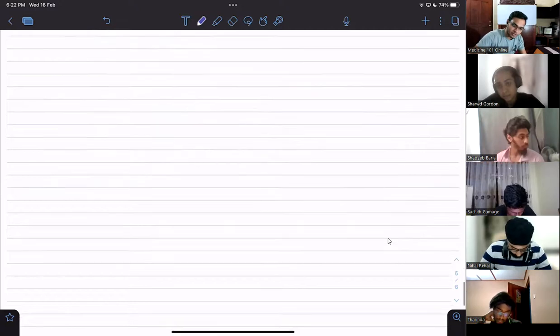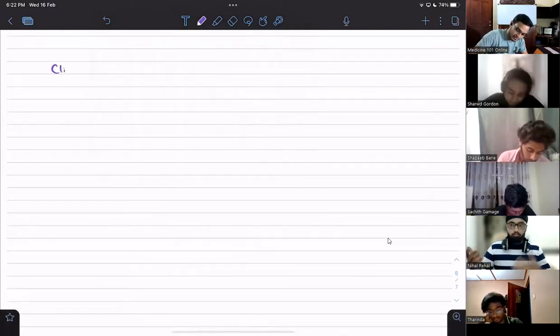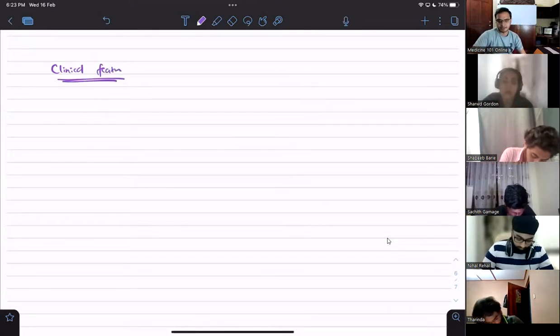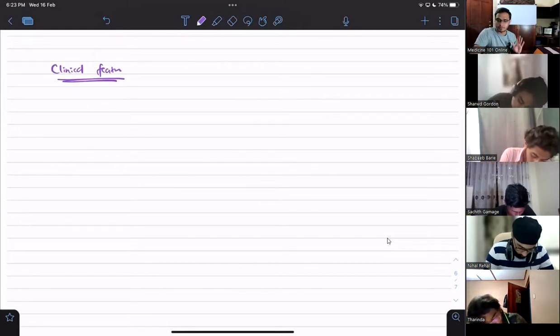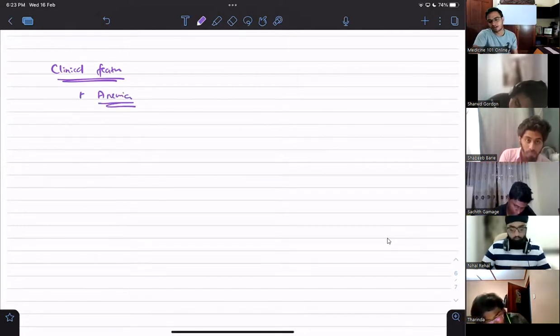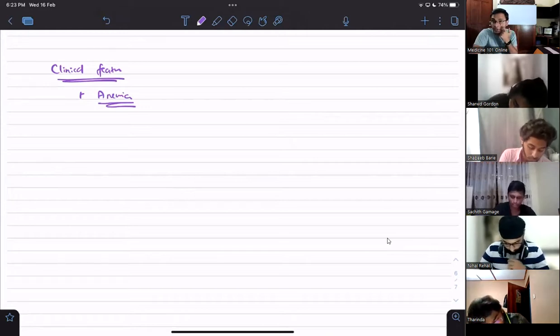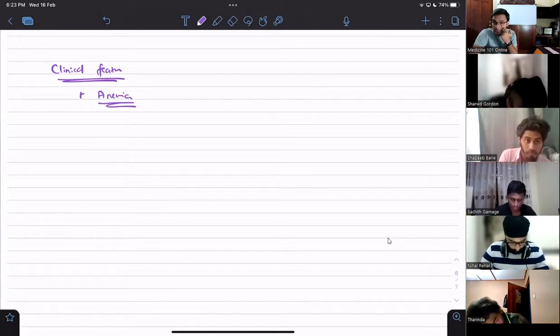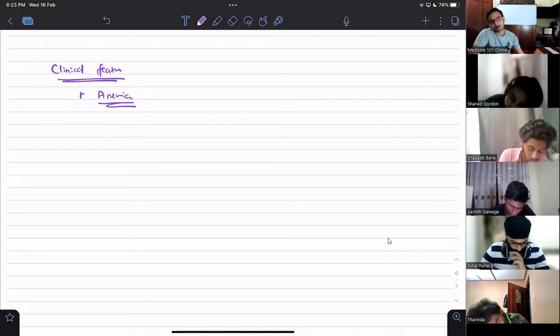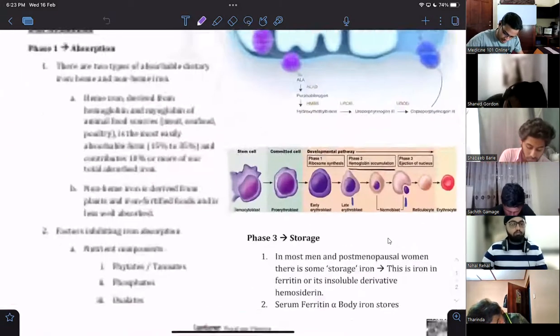Come to the clinical features, guys. I have put some pictures in your books as well. First of all, you can have any sign and symptom of anemia. What can we have? Conjunctival pallor. You can pull down the patient's conjunctiva and look at the color. It will look like a pale pinkish color. Write this down: conjunctival pallor, exertional dyspnea, shortness of breath. I think I have put all of these in your notes, guys.